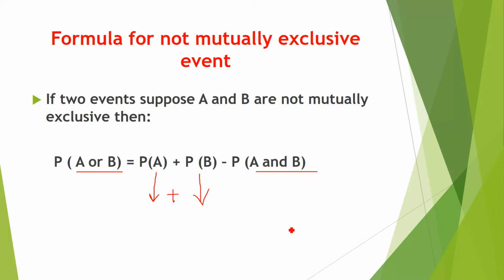But one more thing I will mention here: for mutually exclusive and not mutually exclusive events, we have to use the addition rule to find the probability. But in the case of dependent and independent events, we have to use the multiplication rule of probability. So this is the addition rule. Keep in mind, we will use this formula in the next slide. To calculate the probability of not mutually exclusive events, you have to find the probability of each event, then add them and subtract the duplication values.